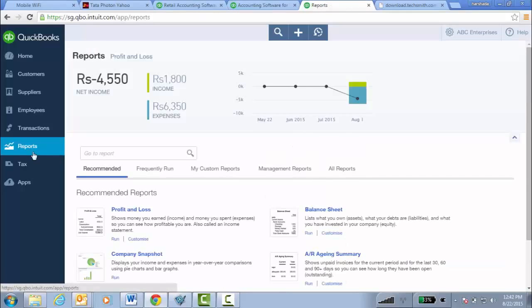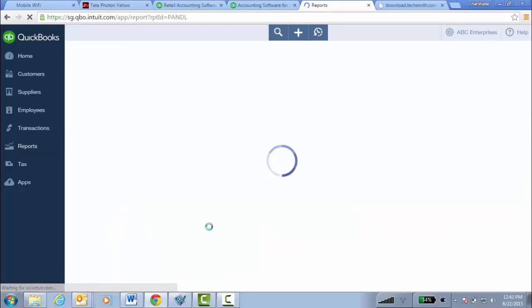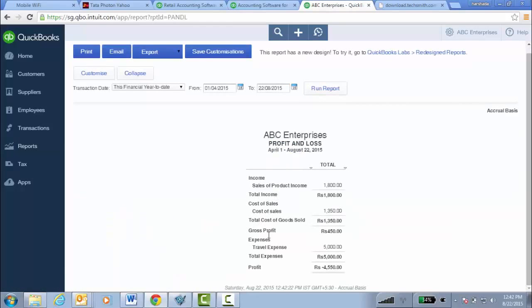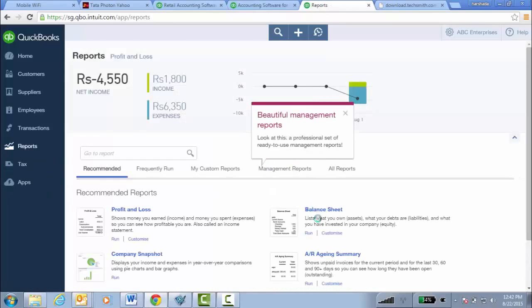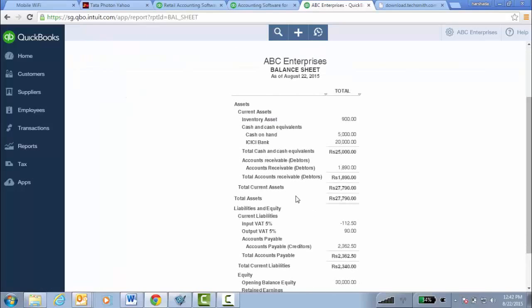Let us move to reporting segment. Click on report. You can see here profit and loss account statement. Your balance sheet. You can also see your debtors and creditors related report.